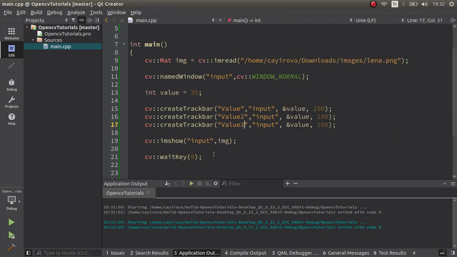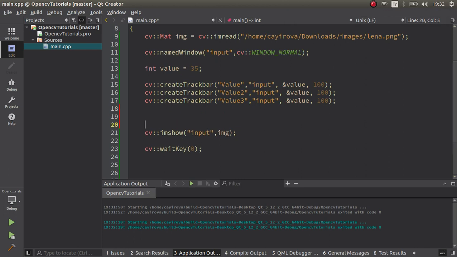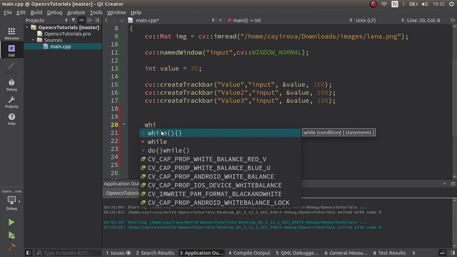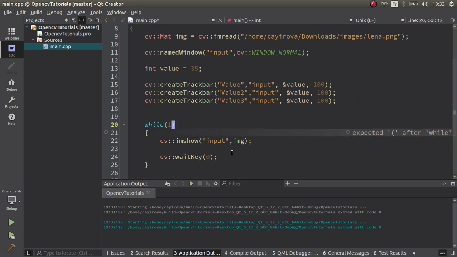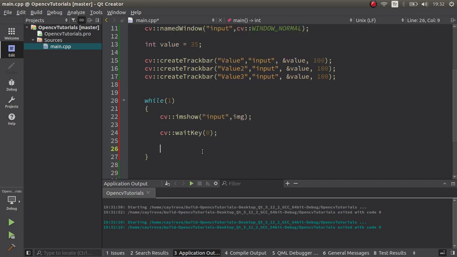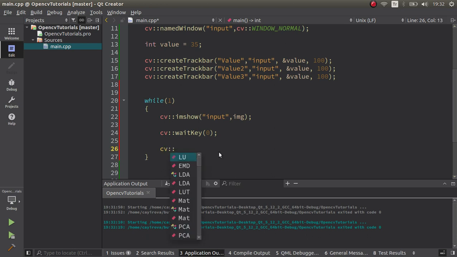After this we are showing the image, but in this case maybe we can create a while loop to be able to see the differences by changing the trackbar position, so we can check how it's changing with our new function. Also, every time I press any key on my keyboard at the waitKey, it is going to show the current values of these trackbars. And let's call our function